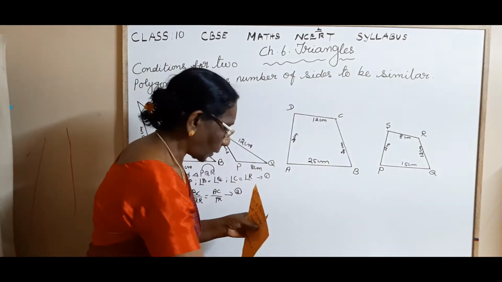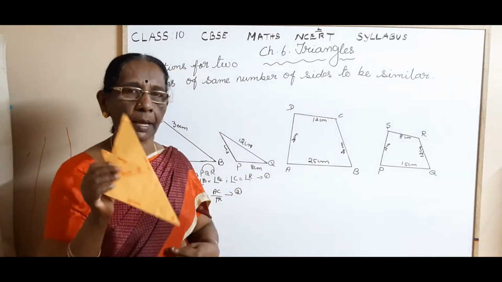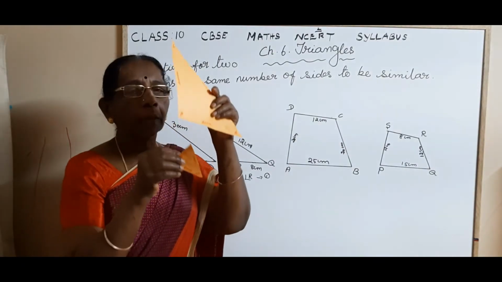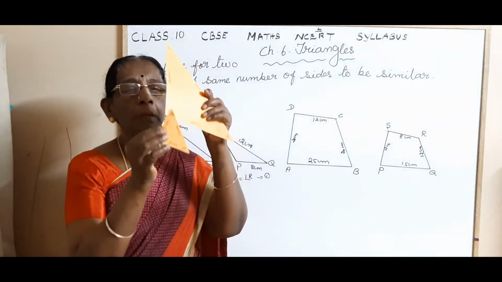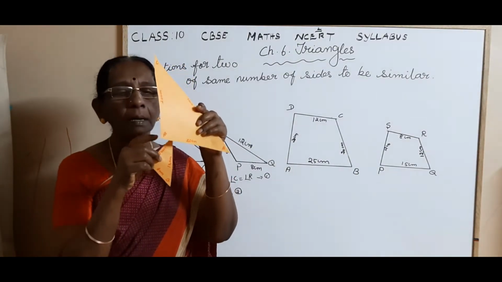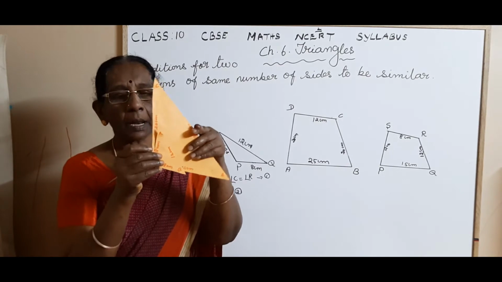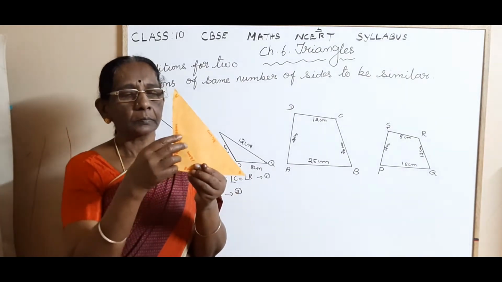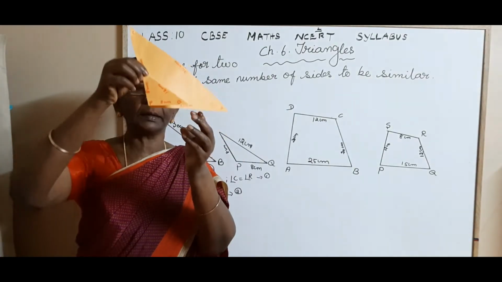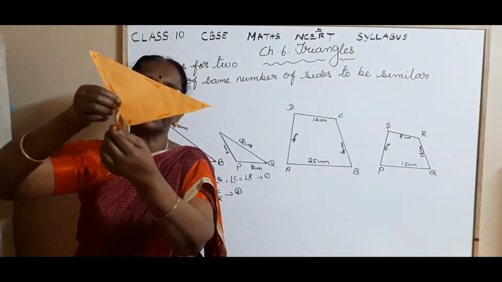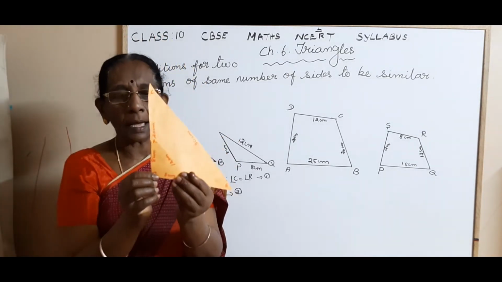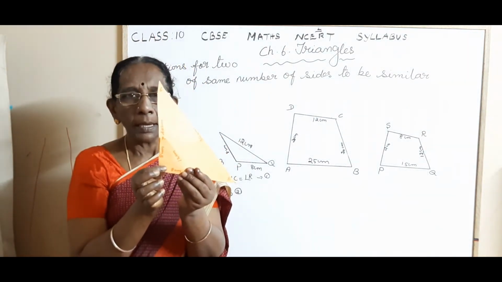So let us check whether these two conditions are satisfied for these two triangles or not. The first one: angle A should be equal to angle P. And here, how will you measure? Now I am going to superimpose angle P over angle A, keeping it like this. Are they exactly coinciding, children? See, both angles are exactly coinciding, isn't it? That's why these two angles are equal.